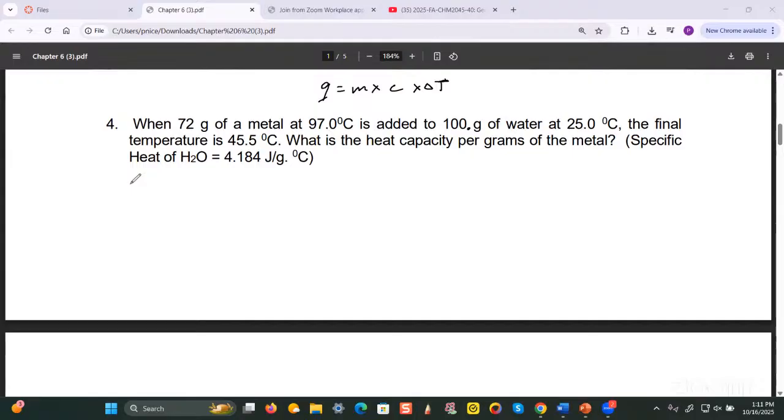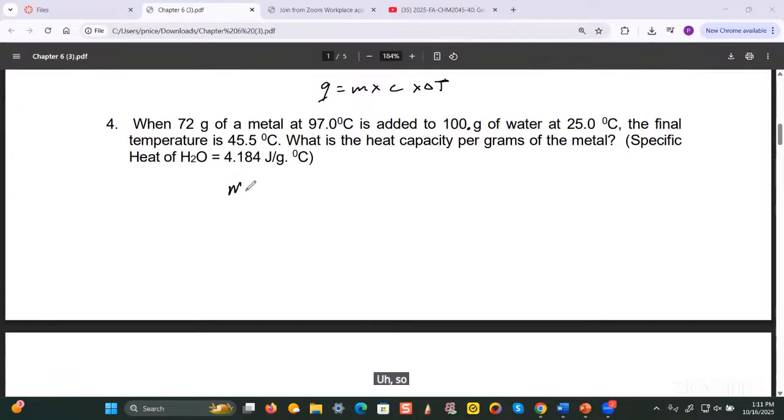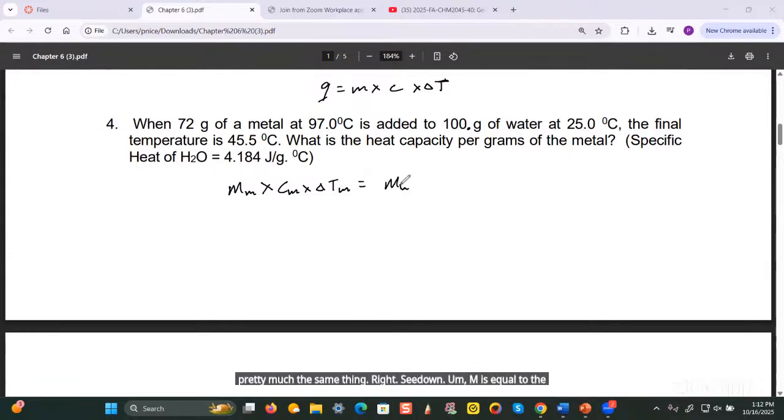We're going to have to make the 2 equations again. I'm sorry? We're going to have to combine the 2 equations again. Okay, so tell me what to write now. So the mass of the metal, then pretty much the same thing, right, C of the metal times delta T. Yeah. Q is equal to the mass of the water times the specific heat of the water times delta T